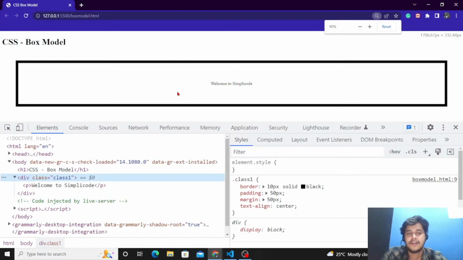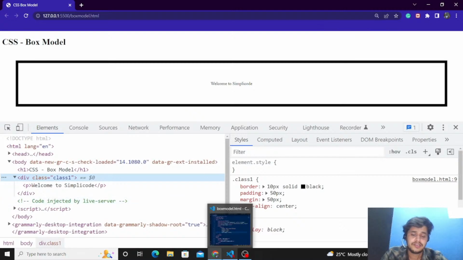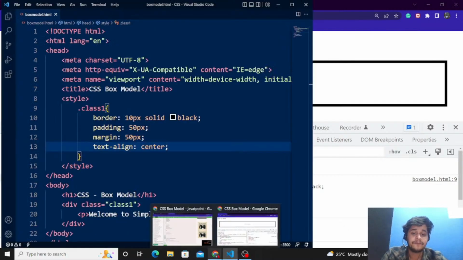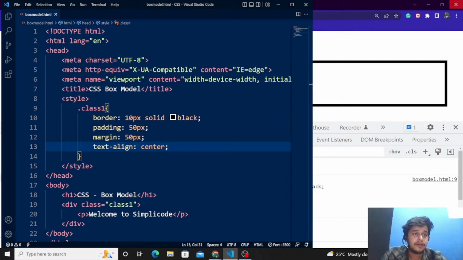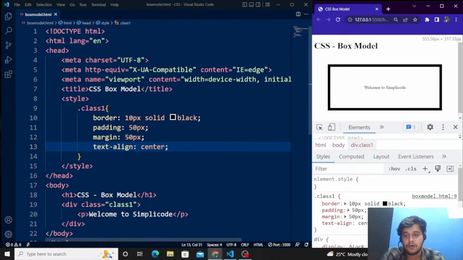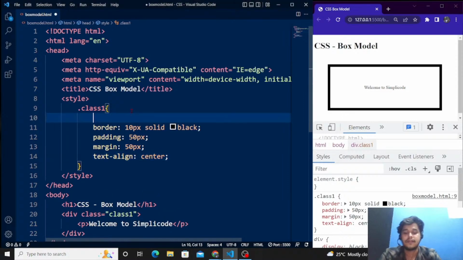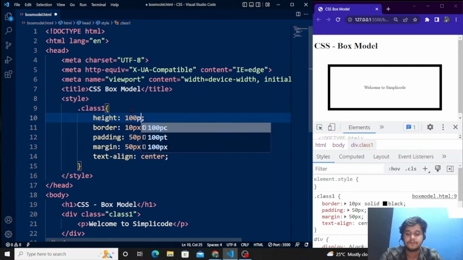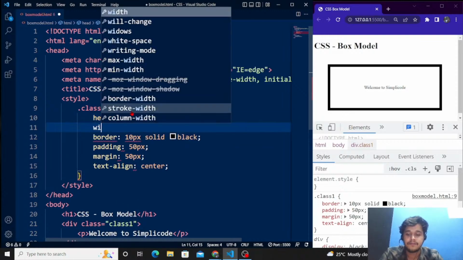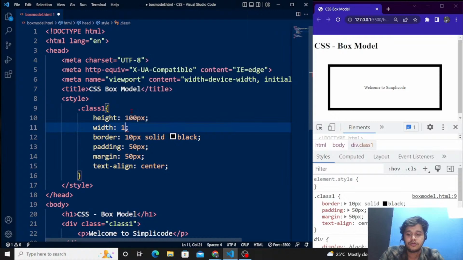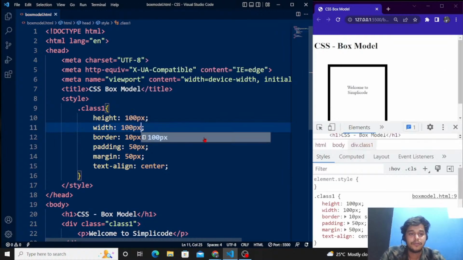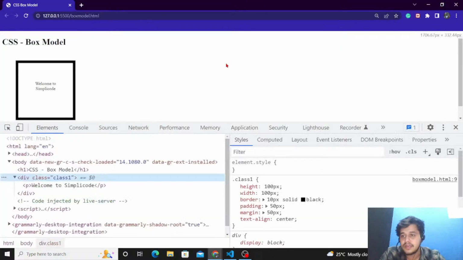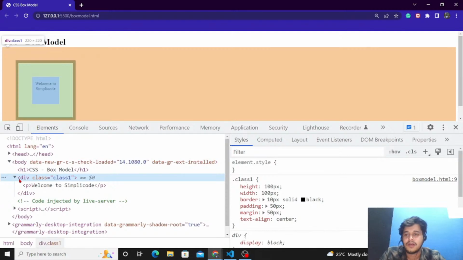Fine, we can also define the height and width. So let's just do that as well, side by side. We will define the height and width of this box. Let's say we are going to write over here height. Height is going to be 100 pixels. Then we have width. Width is again going to be 100 pixels. We are just trying to make this box a little better. And here you can see the boxes now. It looks better. Margin is of course